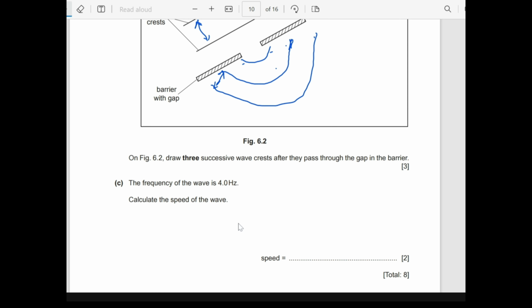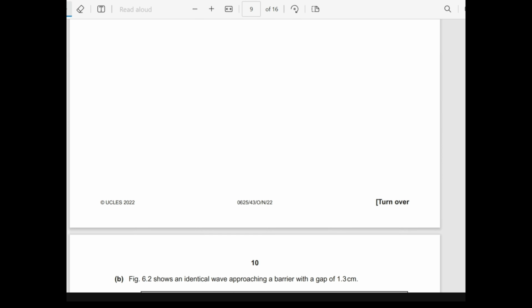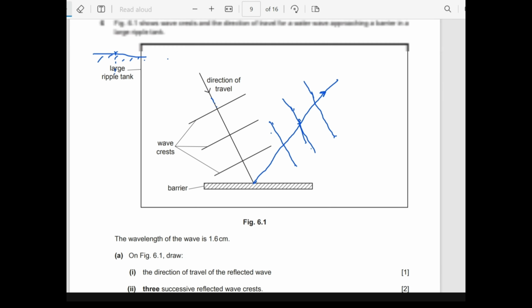We know that the formula is velocity equals f lambda, frequency times lambda. So the frequency is 4, and the wavelength was said to be